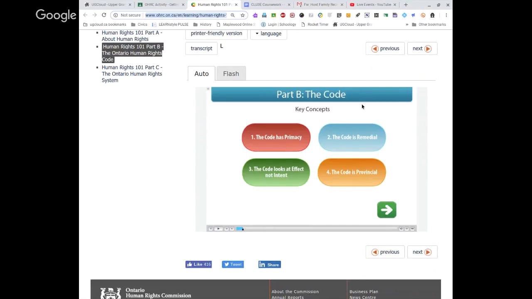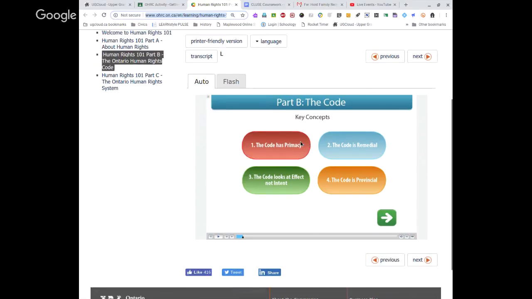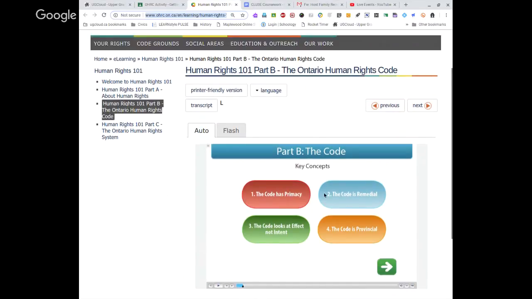And remember that some of the questions require multiple answers, so do be sure that you read the instructions to each question carefully. So in review, you are going to be watching the information, including Part B and Part C